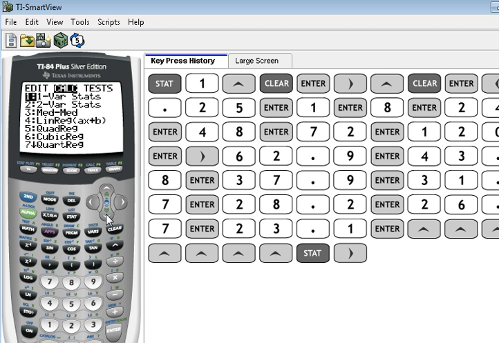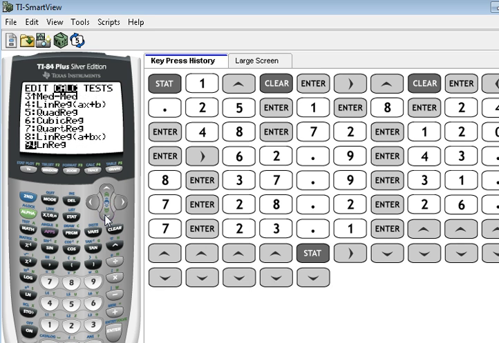It is the 11th element on this list, so we keep pressing the down arrow. You see that the 10th element, denoted by the 0, is exponential regression, and the 11th is designated as A, and it is the power regression procedure. So now we hit enter